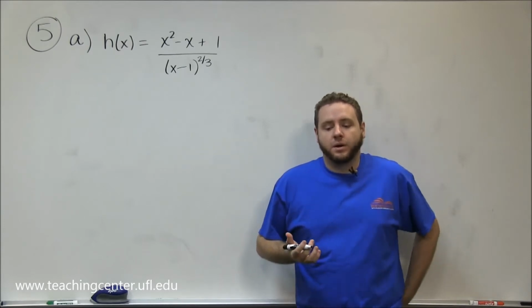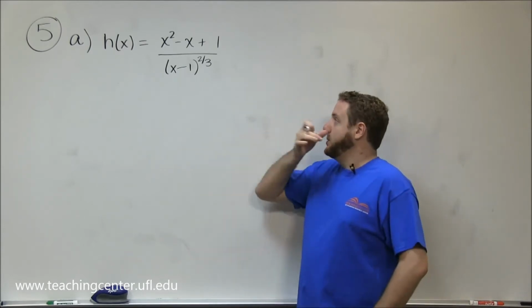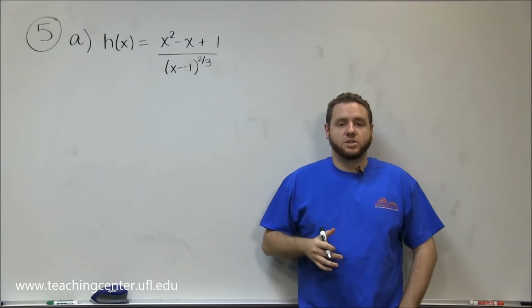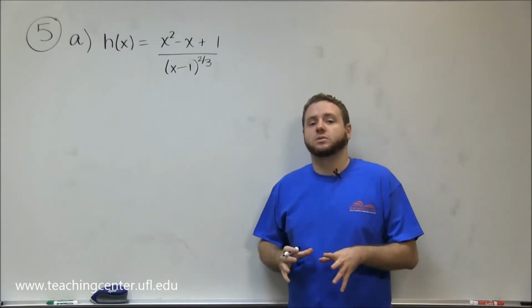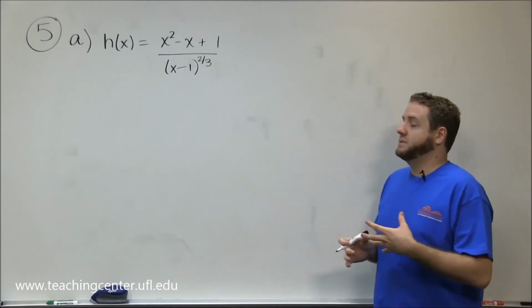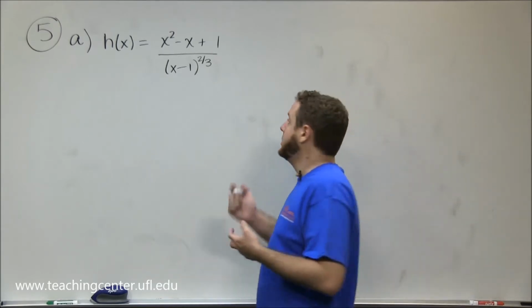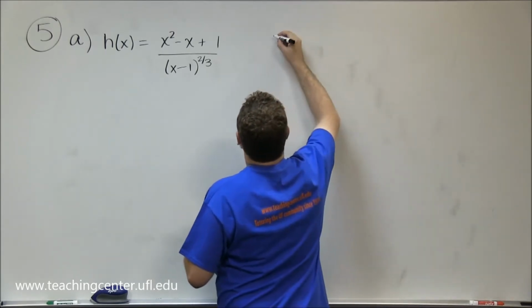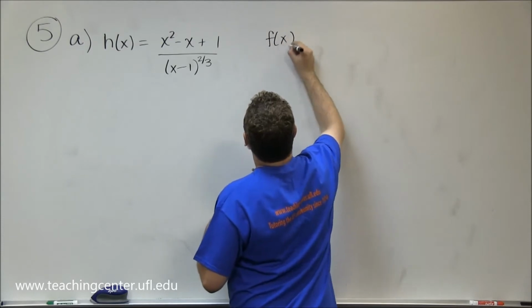In problem number 4a, it made it so that we had easy term-by-term differentiation. It wouldn't happen here. So we're just going to use the quotient rule. To do that, you obviously need to remember what the quotient rule is. So remember that your quotient rule says that if you have f of x over g of x,